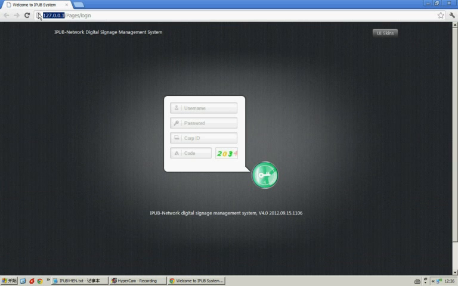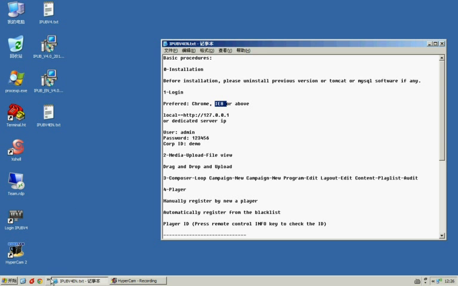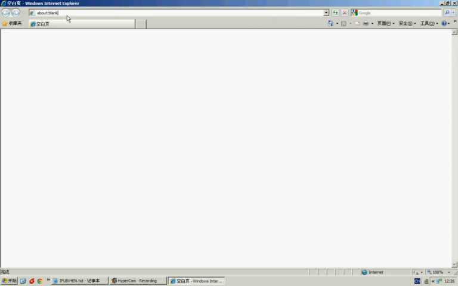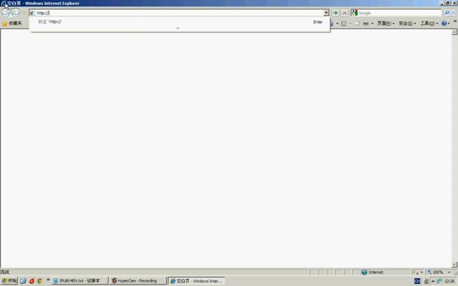It will open a default browser at a local loopback address. You can open another browser and type the IP address of the server. For example,